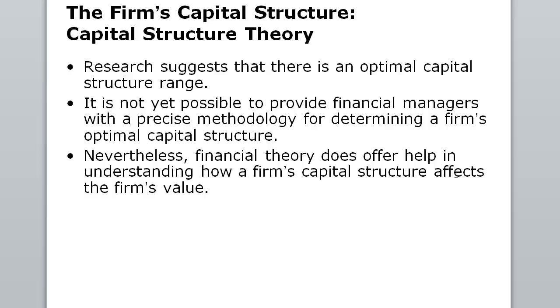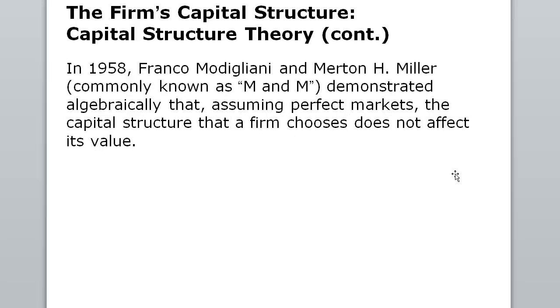Let's move over to capital structure and capital structure theory. There are some theories that suggest there's an optimal capital structure range. So there's an optimal assortment of preferred stock, equity, and debt that allows companies to maximize wealth. It's not possible to provide managers a precise formula for determining the optimal capital structure. However, that hasn't stopped finance from making theories that help offer understanding of how capital structures affect the firm's value. So in 1958,